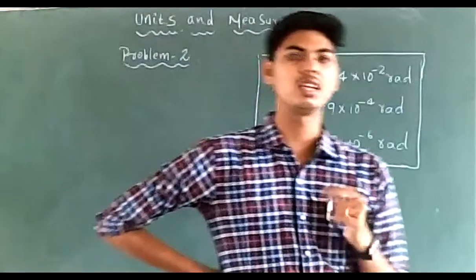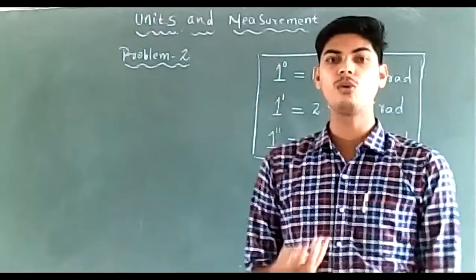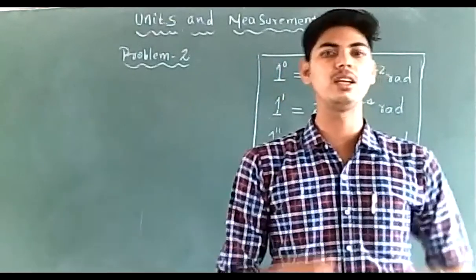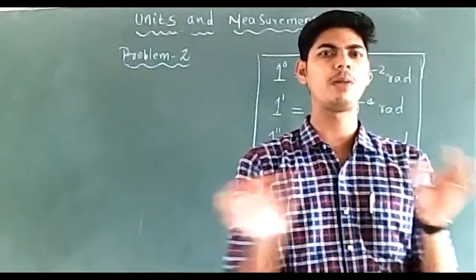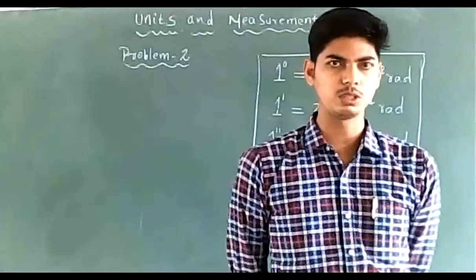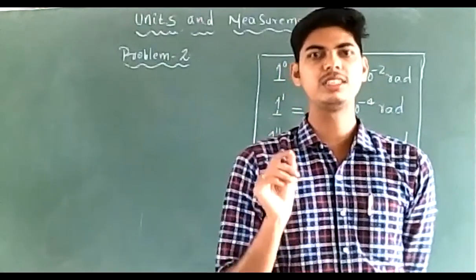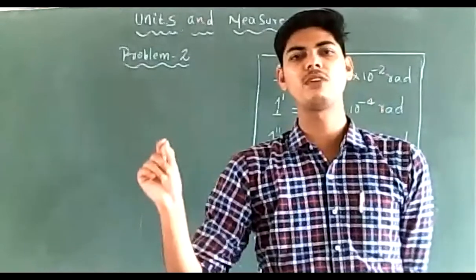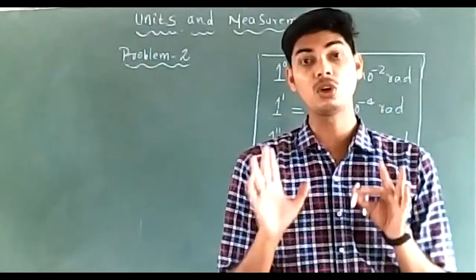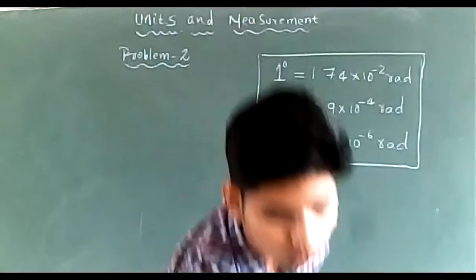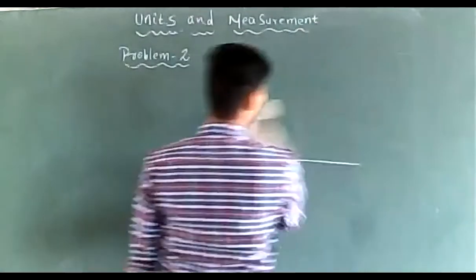After understanding how to convert from degree to radian, minute to radian, and second to radian, we now have the problem on calculating the diameter of the sun. Can we calculate the diameter of a planet or the diameter of a star? Is it possible to calculate it either by a direct method or by an indirect method? Yes, that can be done. We know how to calculate it. We can calculate it by using the parallax method, isn't it?